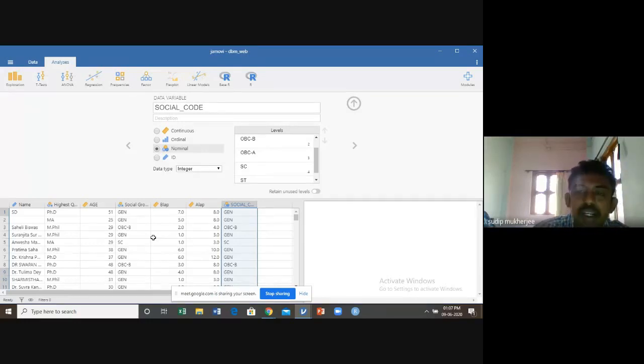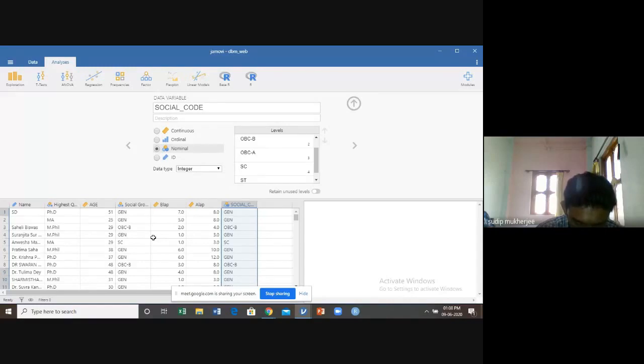Suppose from this data, if I try to find out how many of the participants in this particular workshop are below 30 years of age, how can we find out these particular observations?